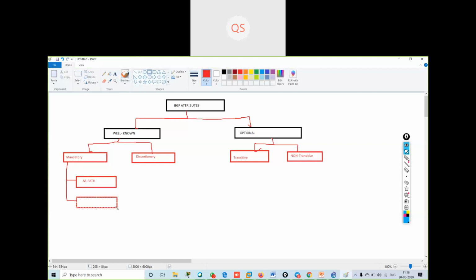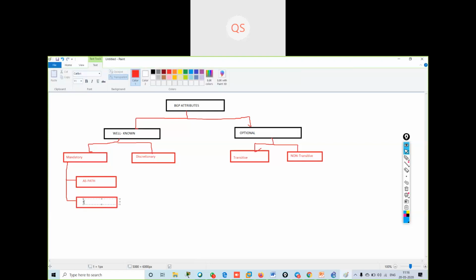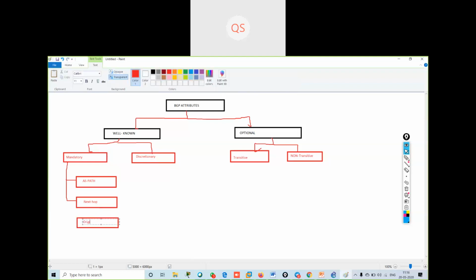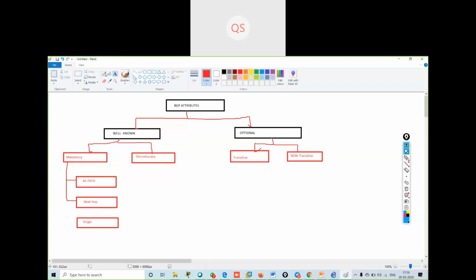The second one is next hop. The third one is origin. So these are the well-known mandatory attributes.